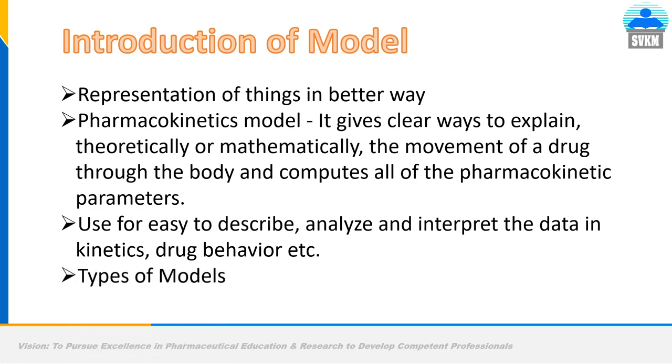There are different types of models like dependent, non-dependent, compartment model and non-compartment model. The compartment model has different types like mammillary and catenary. They differ as per the arrangement of the different compartments. In mammillary models, the compartments are arranged in a parallel way, while catenary models are those in which we arrange the compartments in a series, like a train.